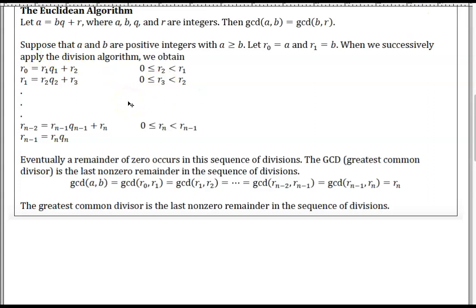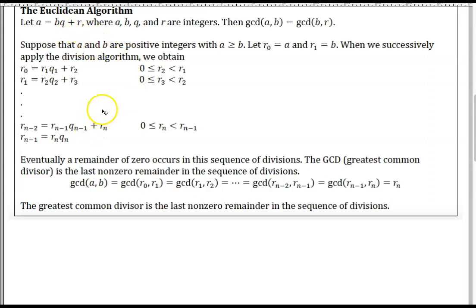All right, so this brings us to the Euclidean algorithm. The algorithm is written here, but I'm going to explain with examples. This is a way of finding the GCD of two integers not by using the prime factorization. The prime factorization is not the most efficient way to find the GCD for large numbers because it involves breaking things into primes, which is sometimes not the most efficient. So this is